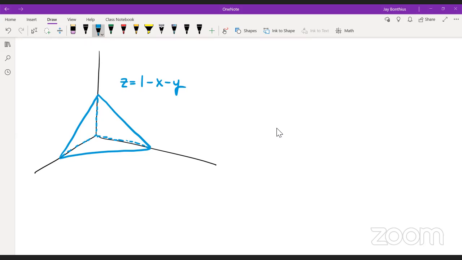And I want R to be all the points in R3 such that 0 is less than or equal to z is less than or equal to 1 minus x minus y. Okay, so that's z is between 0 and that plane, but then also